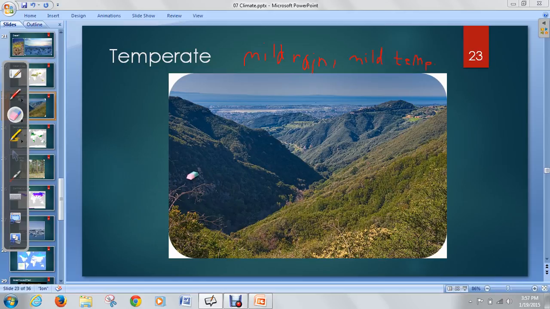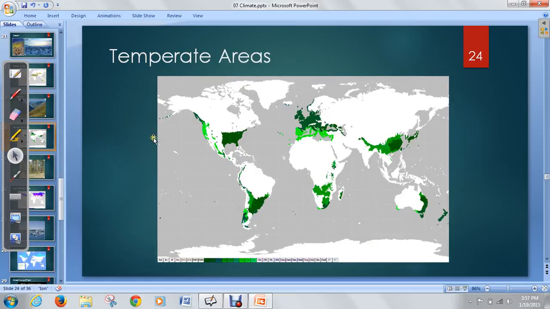Okay, and so this one usually can be broken up into many different pieces, like forest areas, flat areas, mountainous areas. But we're not going to focus on that in this class. We're just going to understand that the temperate biome's the mild biome. Pretty much mild in everything. And so temperate areas are like the East Coast, Northern California, Europe, parts of South America, China, Eastern Australia. So again, mild temperatures, mild rainfall. Mild rainfall is going to fit a lot of different areas. Okay, so that's the temperate biome.